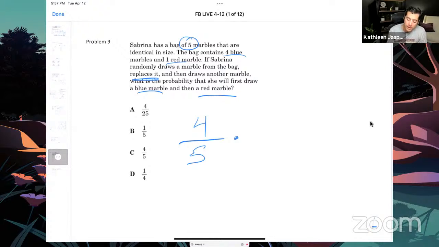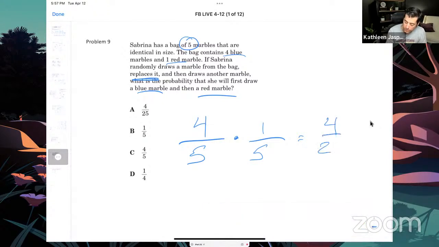Well, remember, we are putting that marble back. So 4 out of 5 is if we draw a blue marble. Then we put whatever we pulled back, and then we draw again. So our denominator still stays at 5. And we need a red marble. Since there's only 1 in the bag, it's a 1 out of 5 chance. We multiply this out and we end up getting